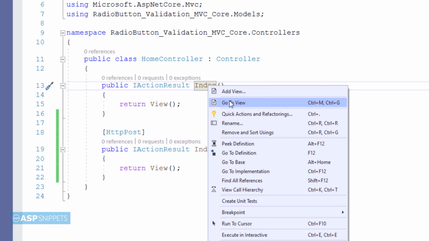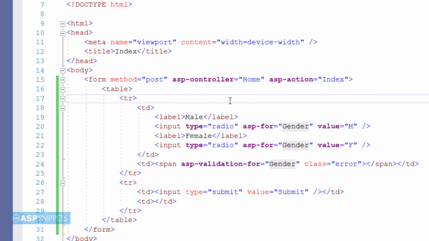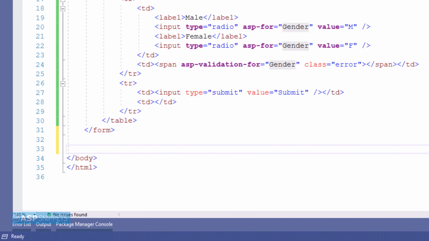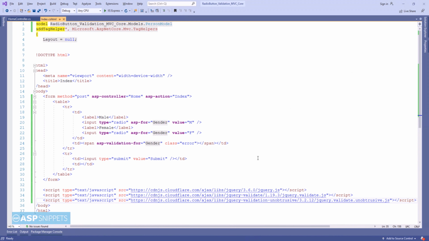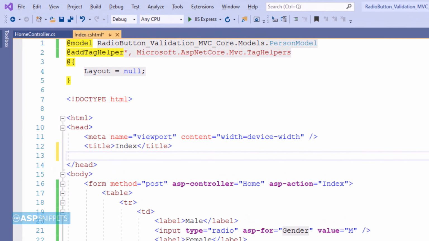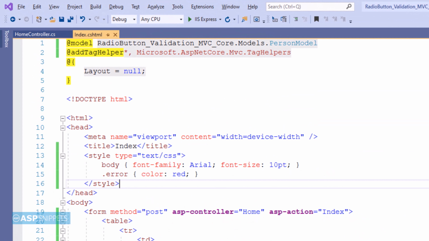Now again, let's move back to the view part. In order to enable client-side validations, I am inheriting some script files, which includes the jQuery library, the jQuery validation plugin, and the jQuery validation unobtrusive JavaScript library. Here I have pasted some CSS classes. This is required for styling the view as well as setting the color for the error message, which will be